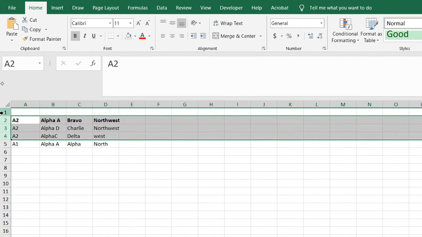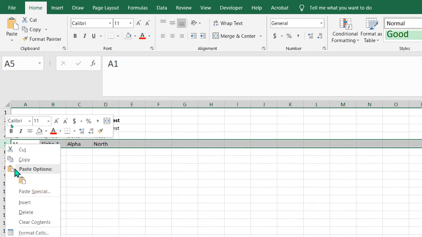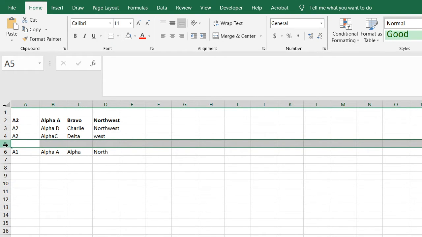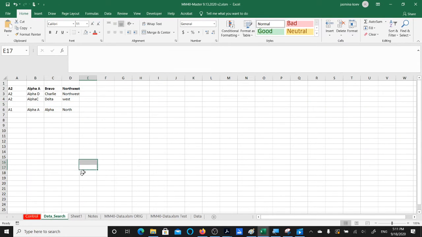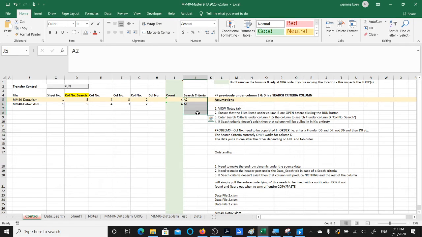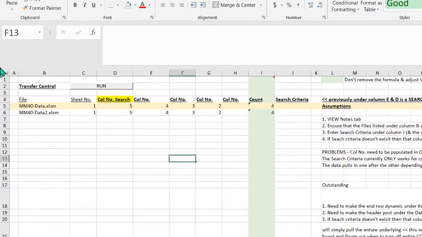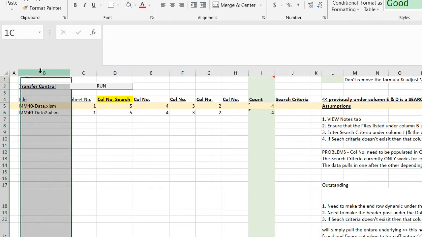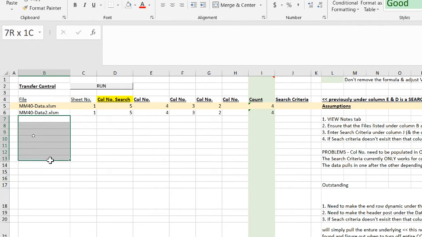what the problem is, I'm not adding the headers. So I'm not sure if this is something that you would like, is the headers to be added, or you'd like the information on separate tabs. And that's my question. How do you want the data to look? Let me zoom out. So for instance, if I have no search criteria and I pull in the information in this way, where I'm just saying pull in data from sheet 1, from these separate files here, I could list more,